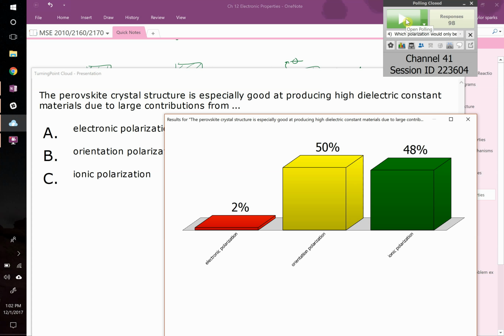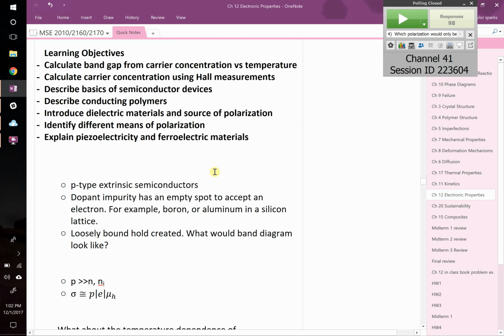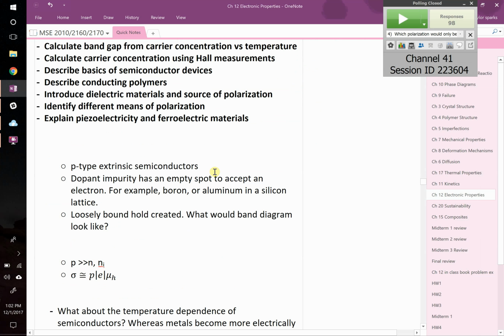Okay, pretty even split. It's ionic polarization, this one. We're going to talk about why that is and why it's not orientation. Okay. So where we left off last time, we've already described that you can dope things and basically make them